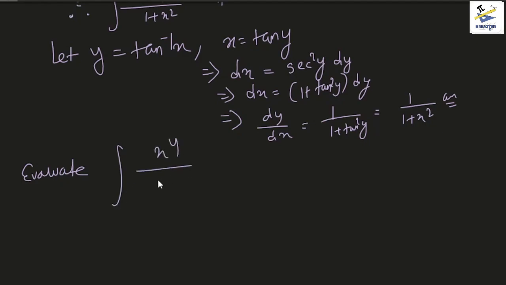Evaluate the integral of x to the power 4 by 1 plus x to the power 10 dx. Now at first glance, obviously we want to substitute for the denominator, but we see that the derivative of 1 plus x to the power 10 is not x to the power 4 dx, or any constant multiple of x to the power 4 dx rather. But what we can do here is denote the integral by I,